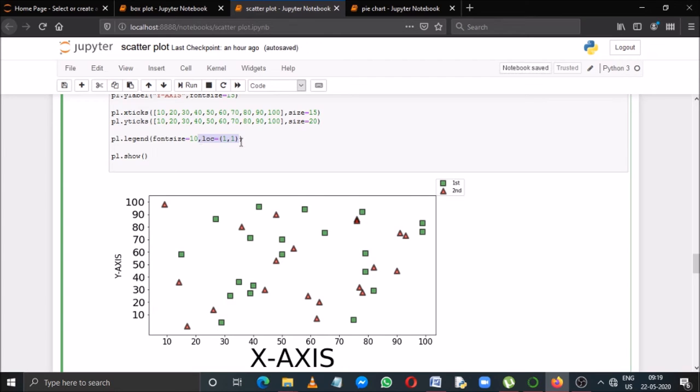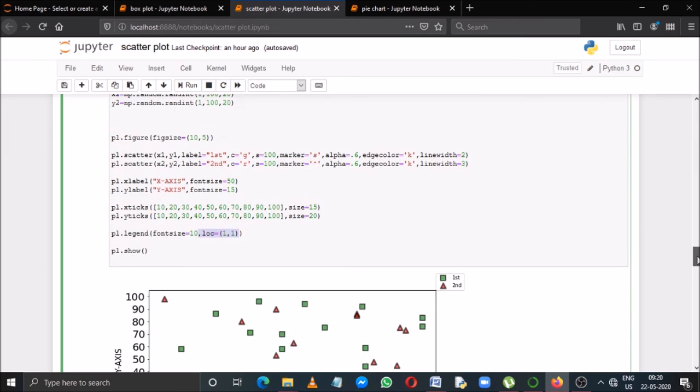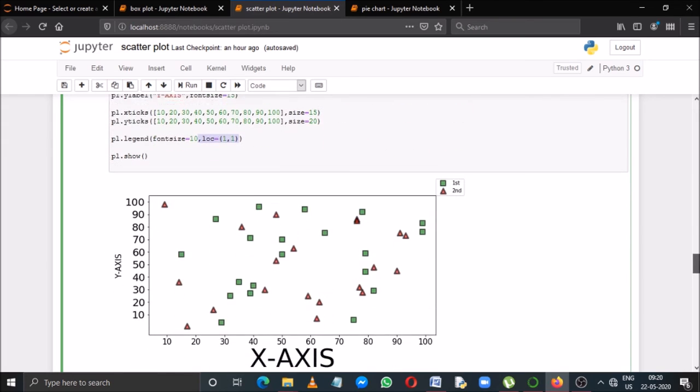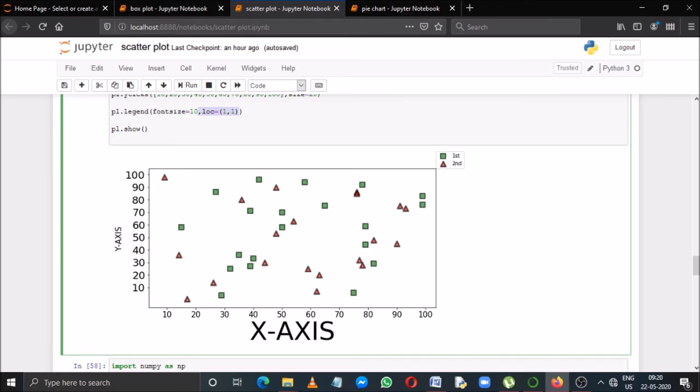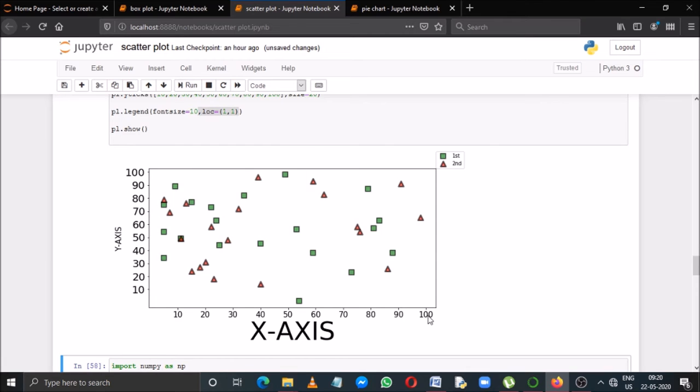That means, as all of you remember, here I have used the random function to generate the x and y coordinates. So every time I run this program, these points will change. Just see these points very carefully, then I'll run it again. See, the points are being changed. Now if I don't mention this loc attribute, see what will happen.